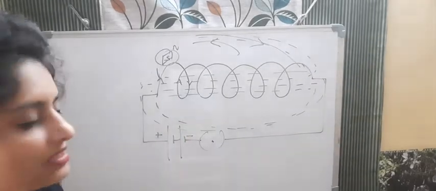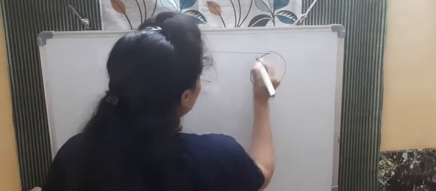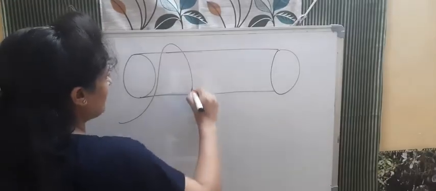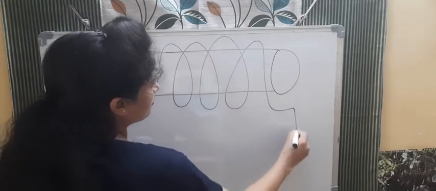So with the help of a compass, with the help of iron filings, you can find out the magnetic field lines pattern. Now what we will do with this current, by using the clock rule also we can find out the direction. How will we find out the direction? See, this is a plastic tube, for example. Again, it should be equal. So it is like this. Okay. So now, for example, I am wrapping one wire on this, and here this is the B part.